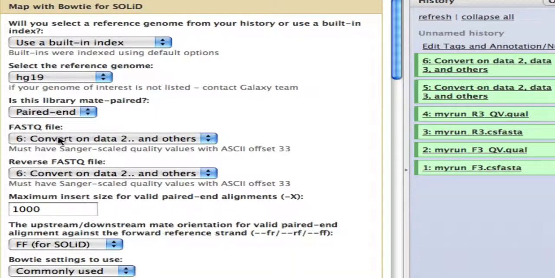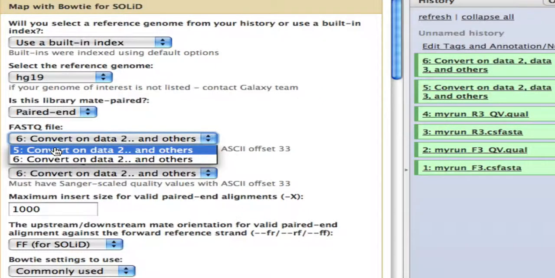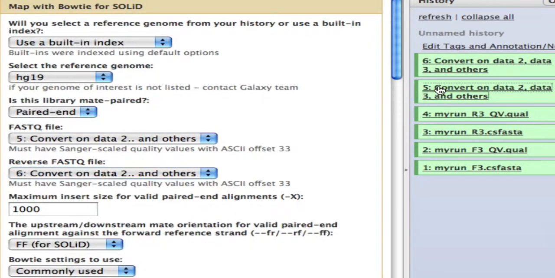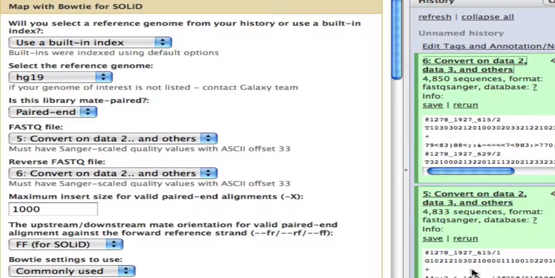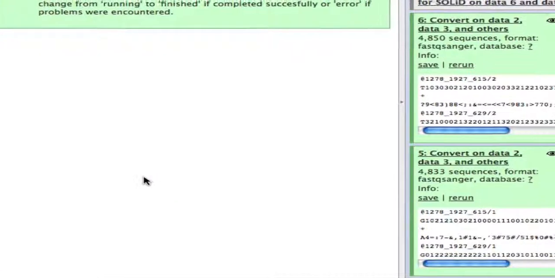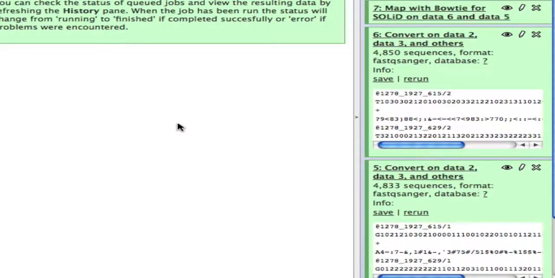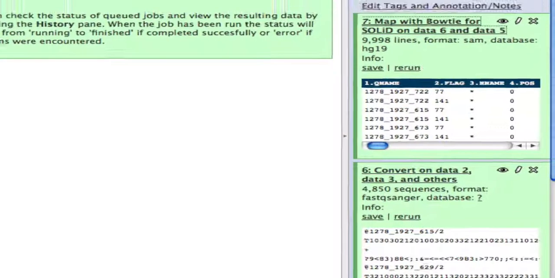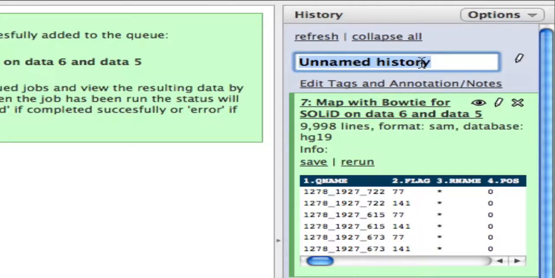So what I will need to do is I will need to enter the FASTQ file for forward reads, FASTQ file for reverse reads, that's my dataset 5 and dataset 6, and orientation, which here is FF by default for SOLiD, and I will click Execute. Now mapping is done. Bowtie produced output in the SAM format, and I can actually rename this history. I will call this